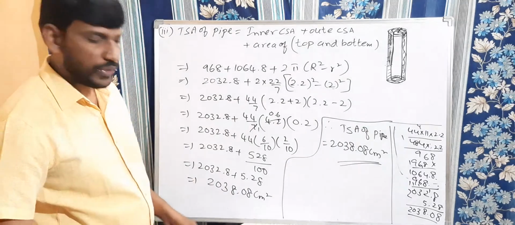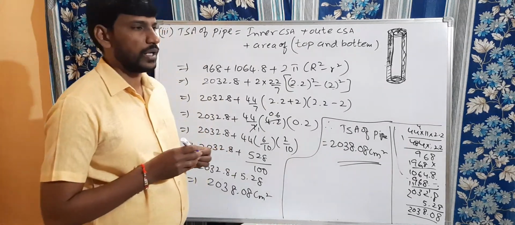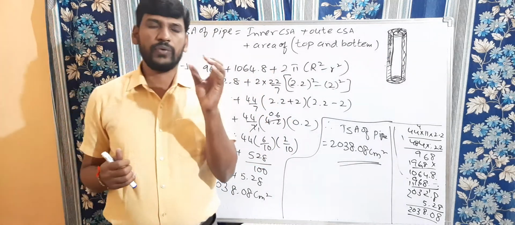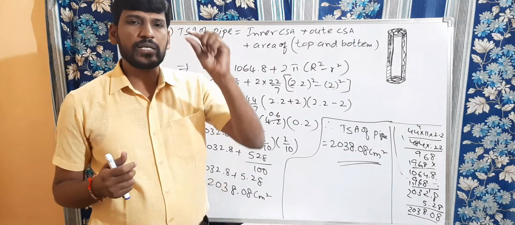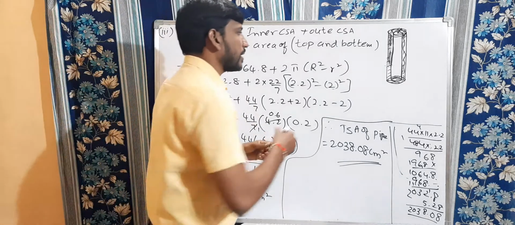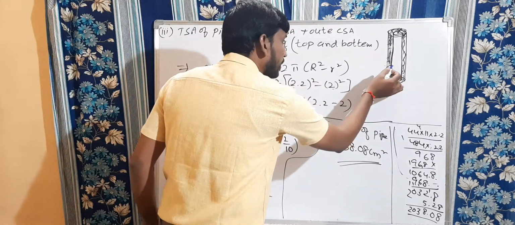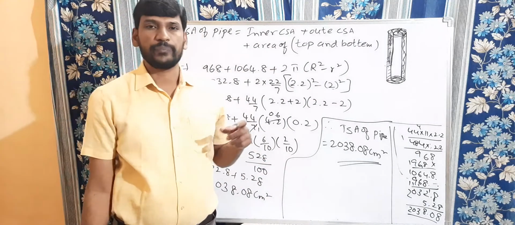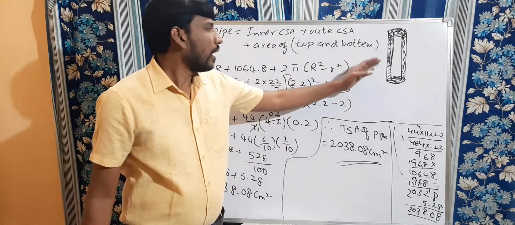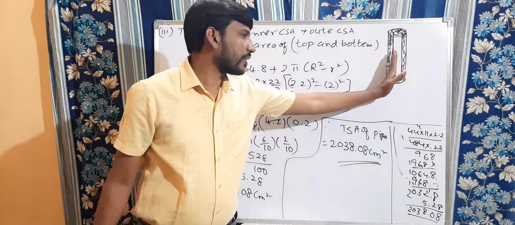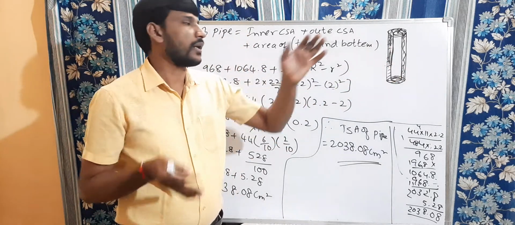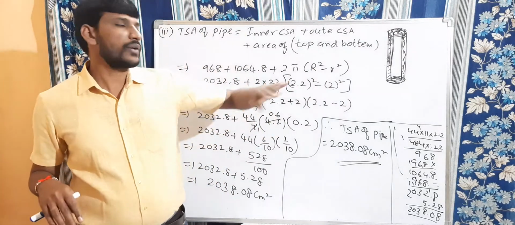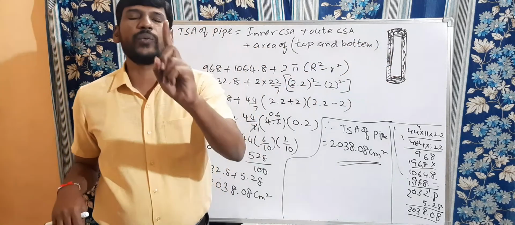Only you will get a little bit of confusion here. Generally, if you see a plastic pipe, that is a water pipe, it has a thickness. Think that this is the thickness. That thickness also we should add to find the total surface area of the pipe, because here the outer surface area and inner surface area are both different, because both have different radii. To find the TSA of this pipe, we require only one radius.